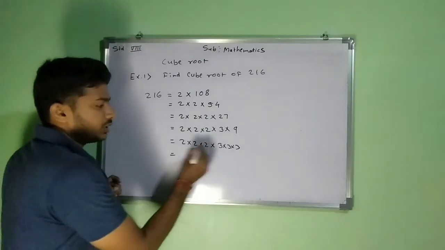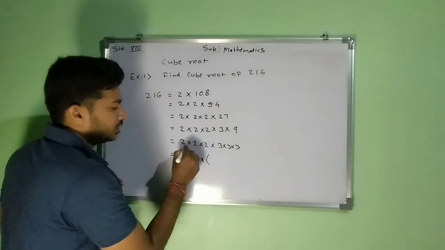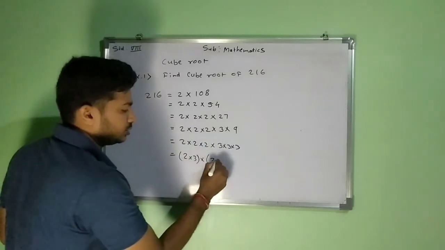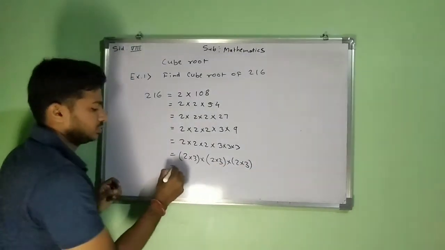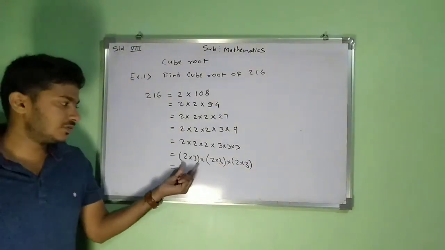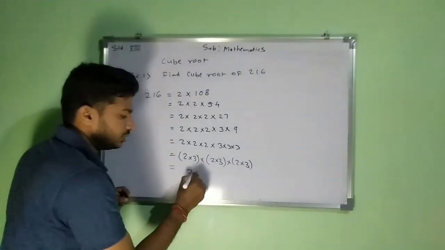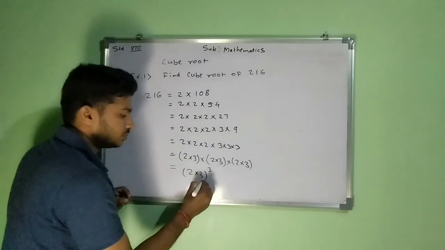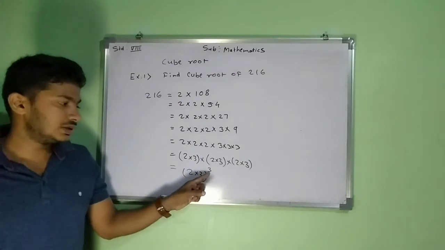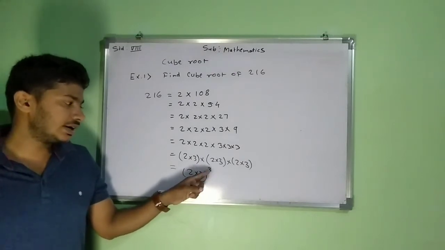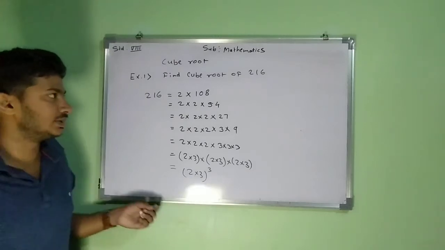Okay. Now we have to write in the pairs. So 2 multiplication 3, multiplication 2 multiplication 3, multiplication 2 multiplication 3. That same thing I have written here in the form of 2 into 3. Now we know that 2 into 3 is repeating 3 times, so we can write 2 into 3 bracket cube. Because we know that if that bracket is repeating 3 times, that means we can write the index as 3. So we got 2 into 3 bracket raised to 3.